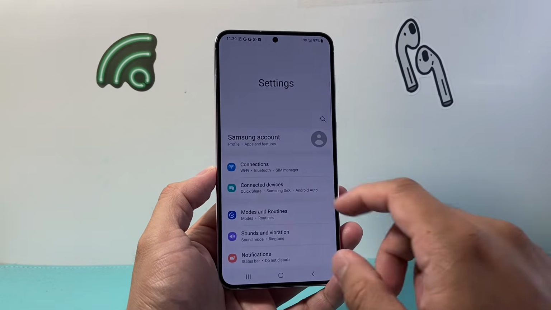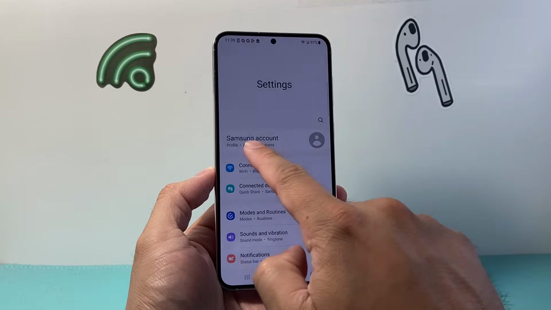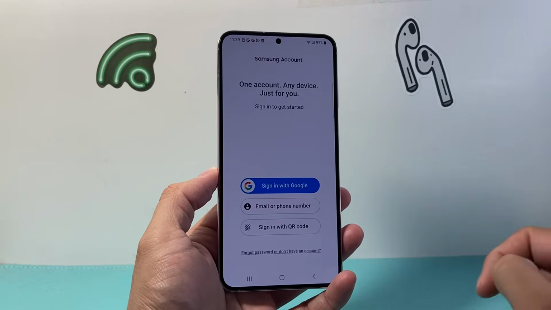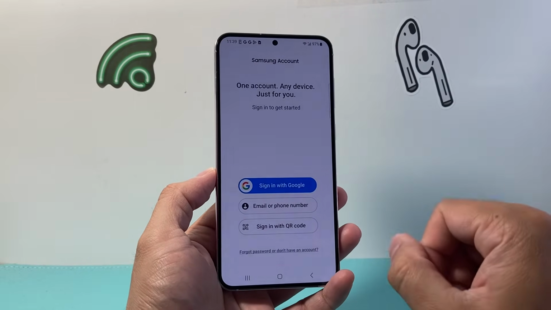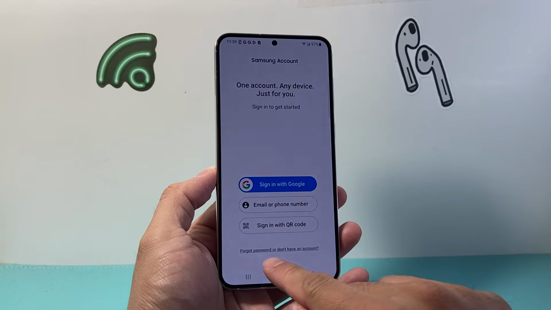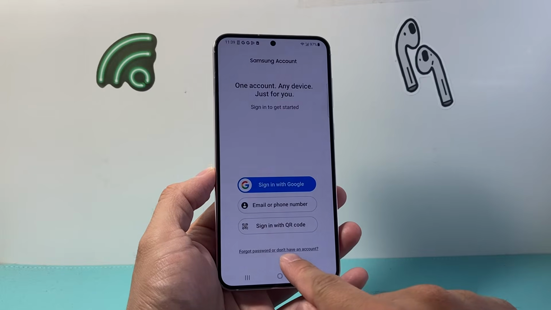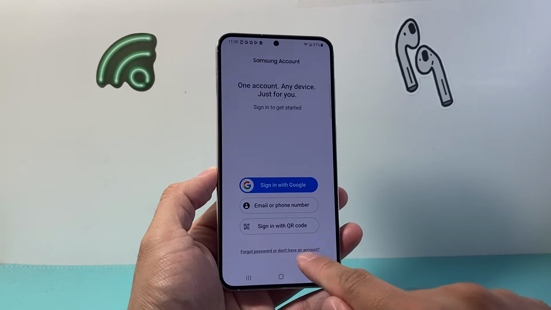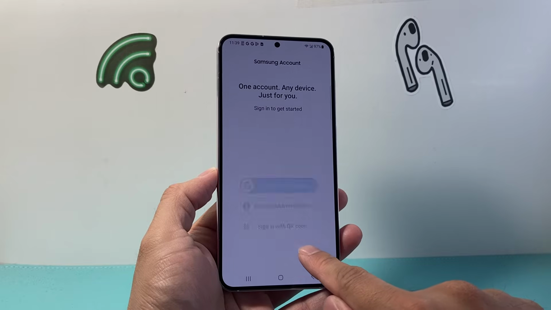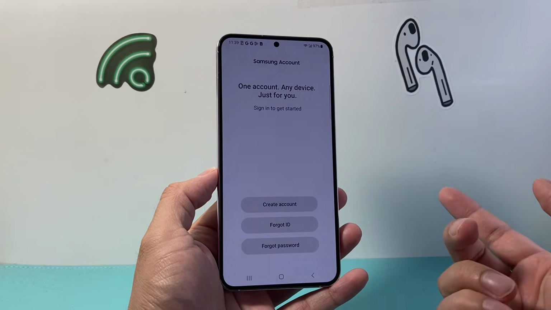Now from your settings, right up top here, you're going to see Samsung account. So we're going to tap on that. Now if you don't have an account yet, it's going to look like this. And all you have to do is click on forget password or don't have an account. So if I tap on that right here, it's going to ask if I want to create a new